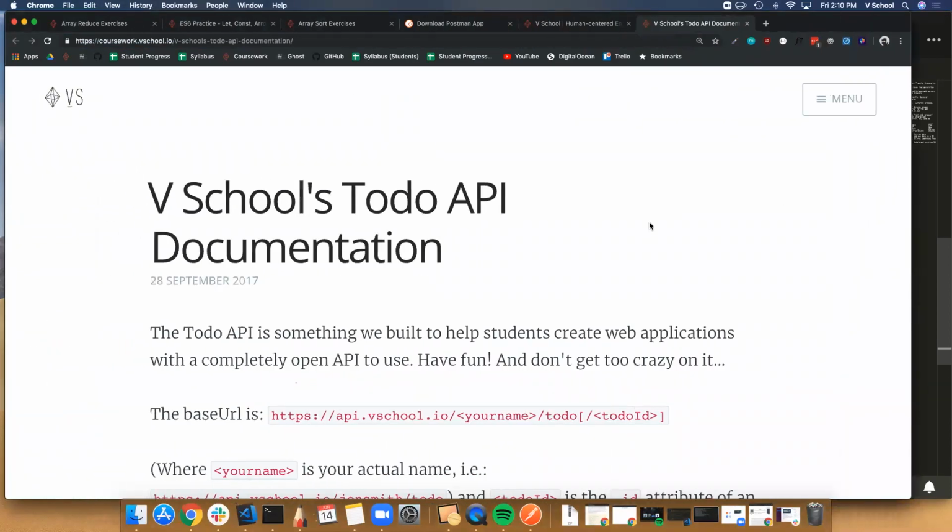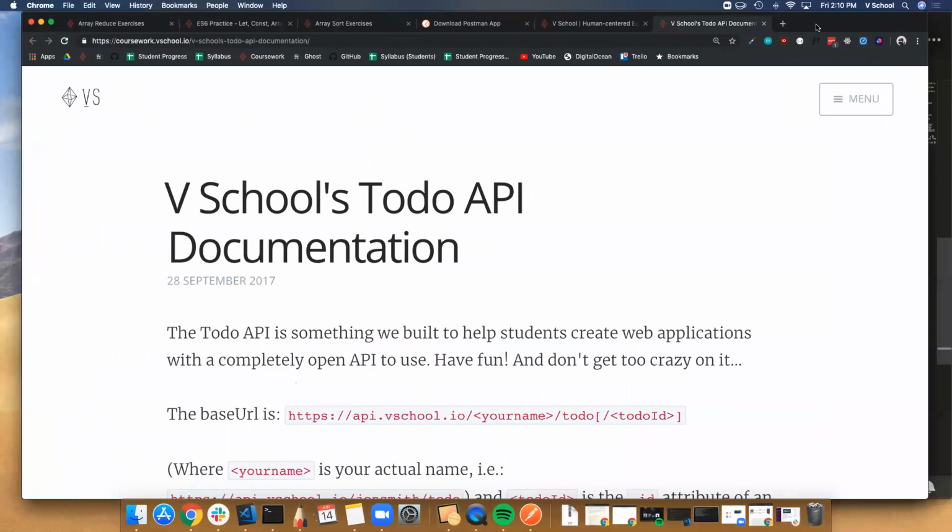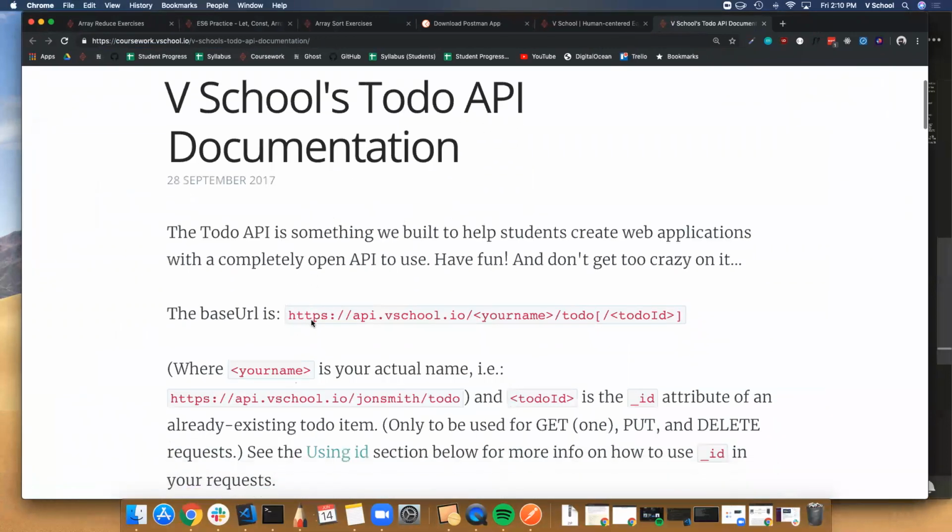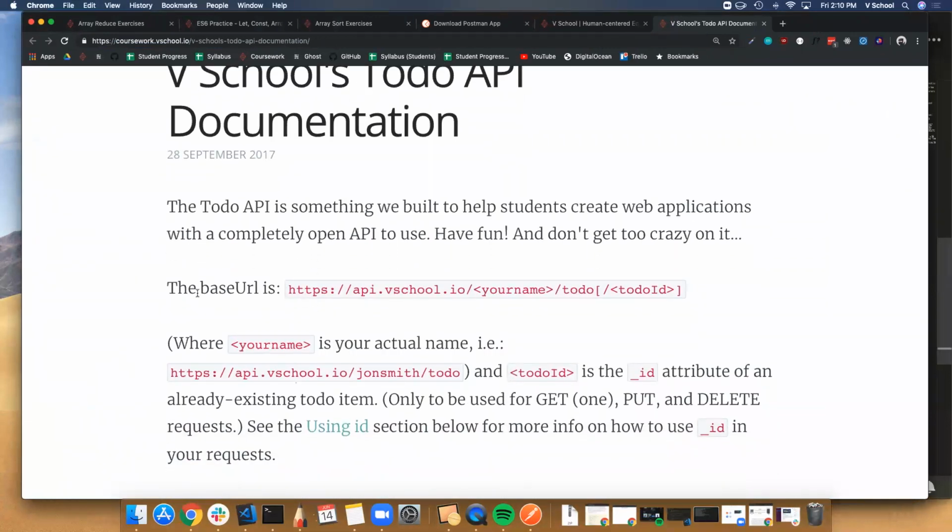So here's the first foray into reading documentation for an API. The first thing he says, the base URL is this. The base URL is saying all requests must use this format. You'll change some things about it, but this is the basis of what you have. Then you'll see symbols like this inside of some documentation. And that just means this is a placeholder word where I need you to put actual data. So where it says